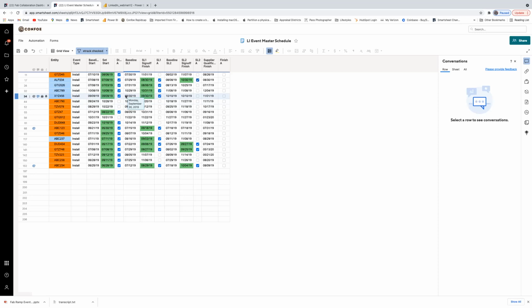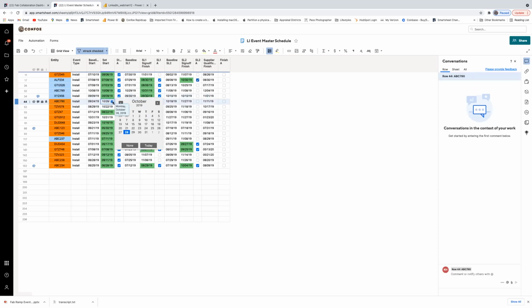And you can go through and just check off the items on your phone that apply to you. Maybe you own ABC 790 and TCV 078, and you just start updating those. That information is immediately available in here. If you come in and you say, this date is really going to be this date, and we save it,